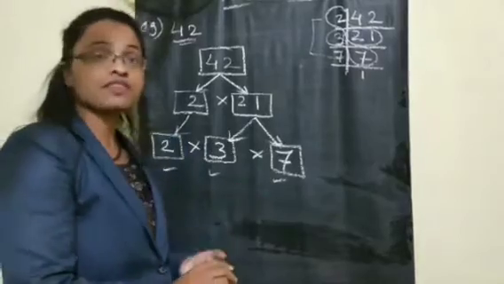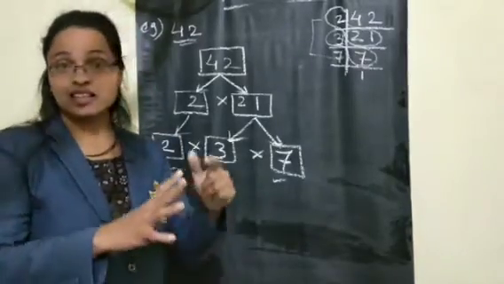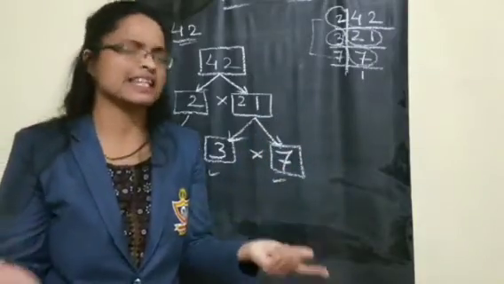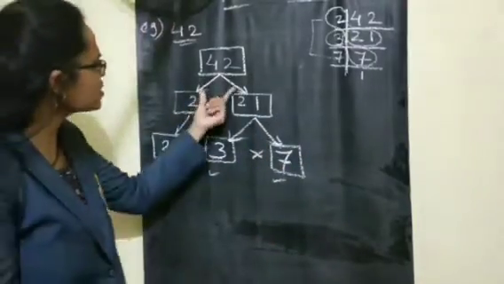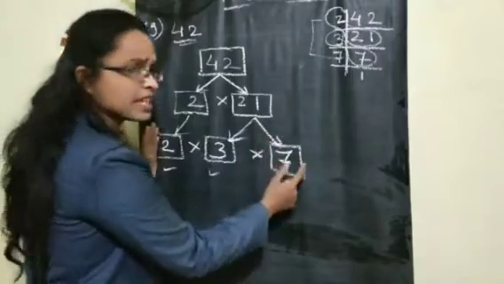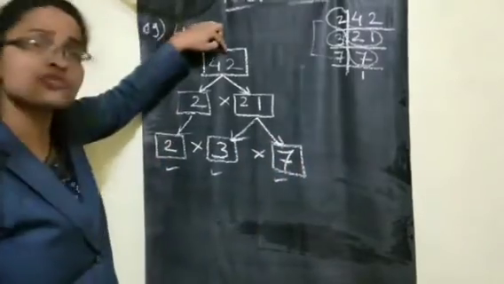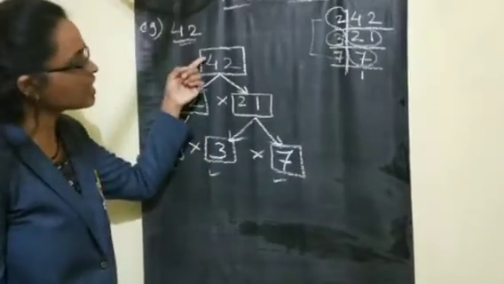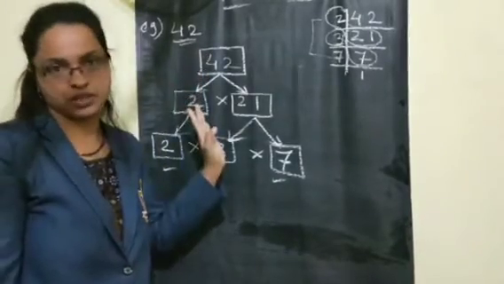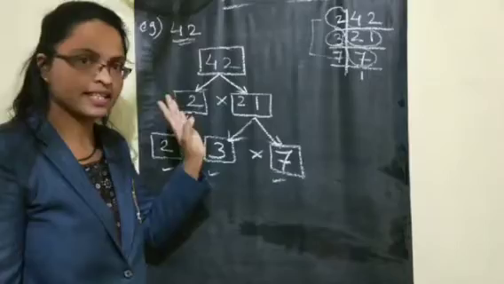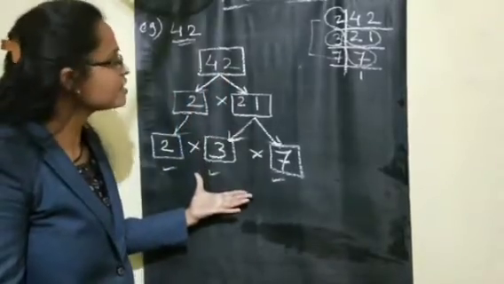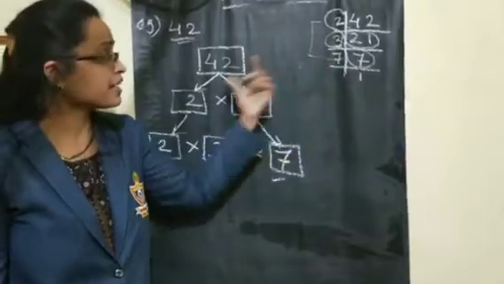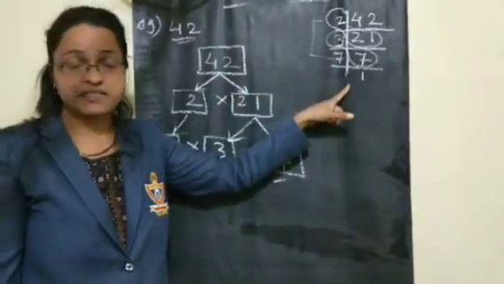Okay, it means splitting into small numbers and showing it in a tree type. Why is the name given factor tree? Just as a tree splits with small branches and forms the tree, in the same way these are the small branches which are splitting, but at the last the root is 42 only. If you multiply any numbers, at the last you will get the same total, the same number product. Understanding? That is why this is called a factor tree, and this is prime factorization. The factor tree totally depends on prime factorization, children.